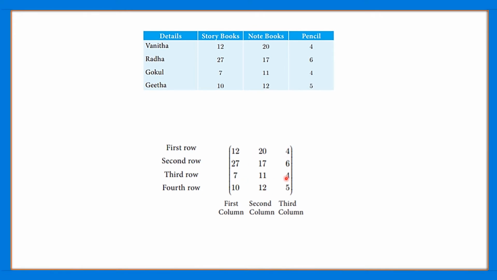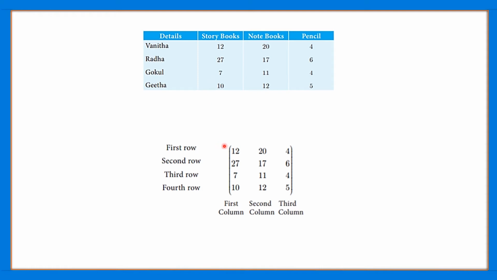So what do we call these horizontal arrangements? We call these horizontal arrangements rows, while we call vertical arrangements columns. And when we look at the rectangular array as a whole, we call it a matrix. So the given data can be arranged easily in a matrix form. And the matrix form is nothing but this, for the given particular data.